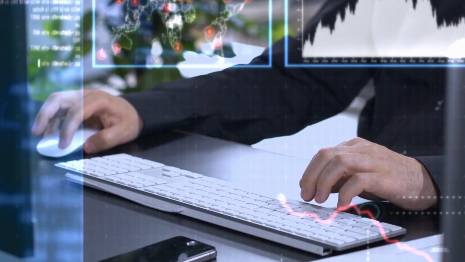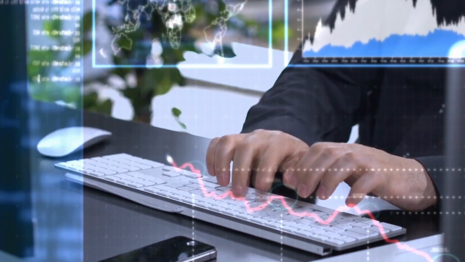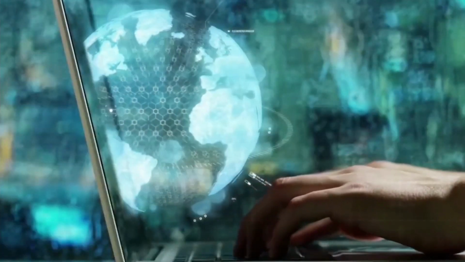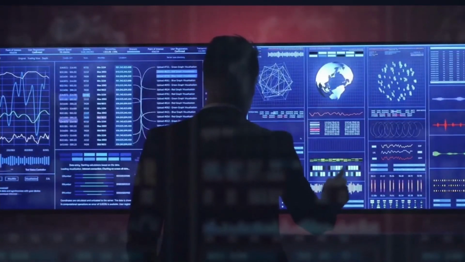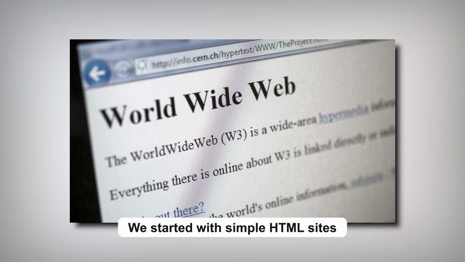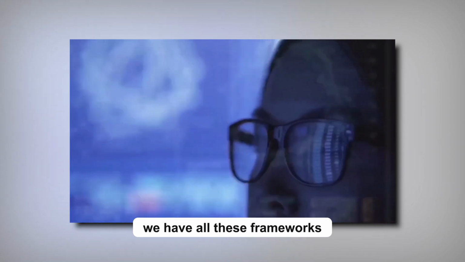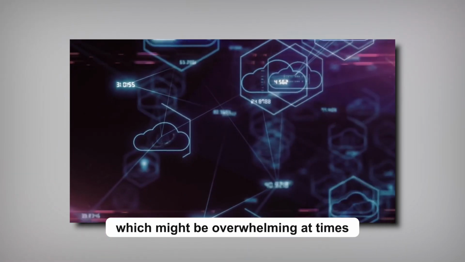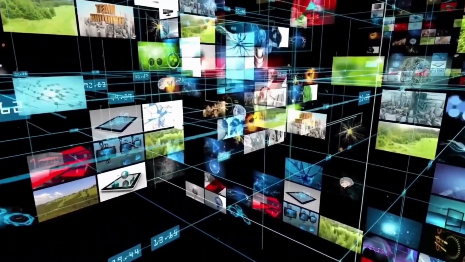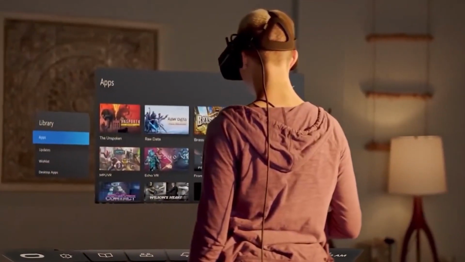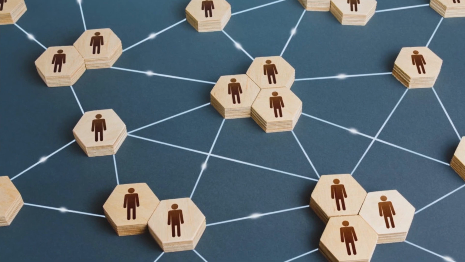You see, the world has evolved significantly in the last 20 years or so. The internet came, and the web turned up, and many things altered inside the web ecosystem. We started with simple HTML sites, then JavaScript, and now we have all these frameworks, which might be overlapping at times. Although the modern internet does not fully adhere to the OSI model, this model is still extremely useful for